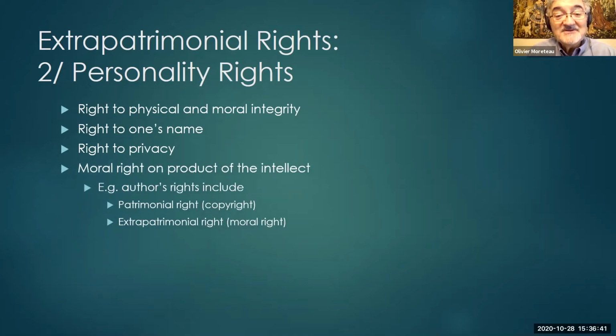Are also part of these personality rights, and that may be a little bit more tricky to grasp, but that's very civilian in perspective. We consider in the civil law that whatever you produce with your intellect, be it art, literature, movies, music, you name it, the author has a patrimonial right, a copyright, which is intellectual property. That part is clearly patrimonial and is an asset in your patrimony. But there is also a moral right, which is extra-patrimonial, and under the law of all European countries, at